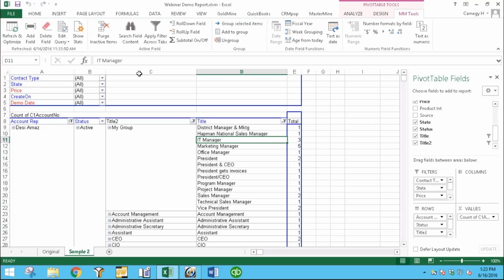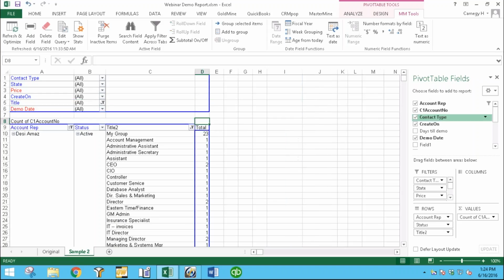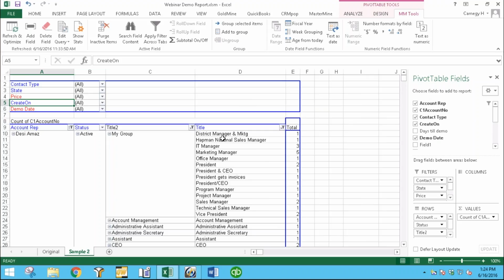Delete field, pretty much the same thing. It's if you've added fields that you don't really need anymore. Actually, let's see which one's a good one I can just delete, because we don't really show that much. The field one was just a test thing. I could delete title. We've already used it. So to use the delete, if it's on the side in your pivot table fields, it has to actually be inside of your